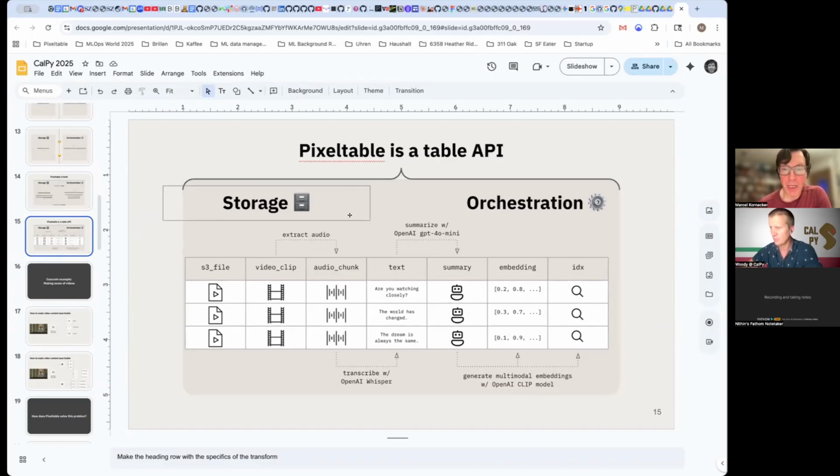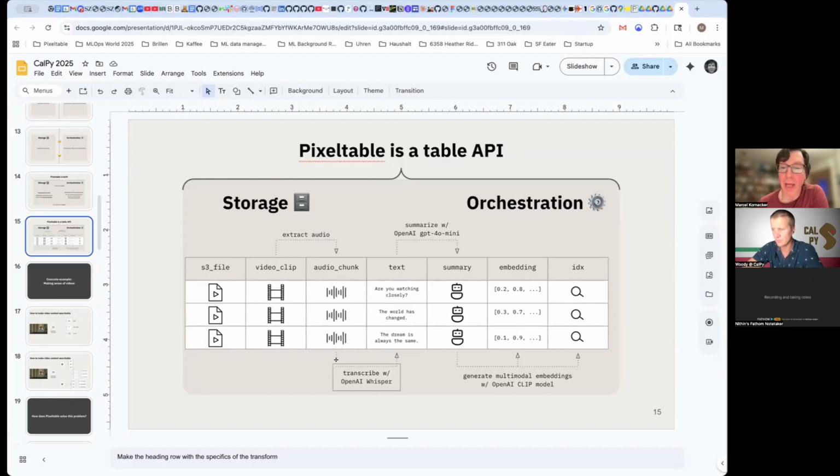And so here you have a table that contains a video column and columns with video clips. Pixeltable supports data types such as document, video, and audio. And you have computed columns such as this one that extracts the audio, so now you have a column that contains the audio for a particular video.